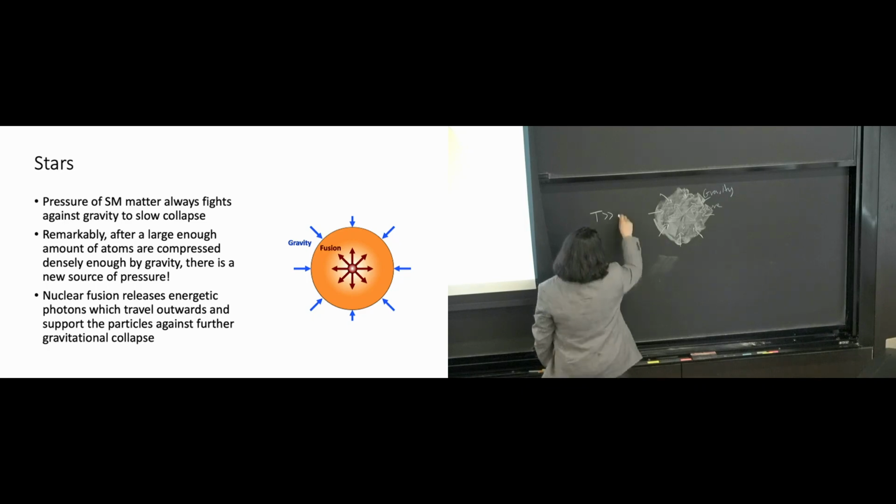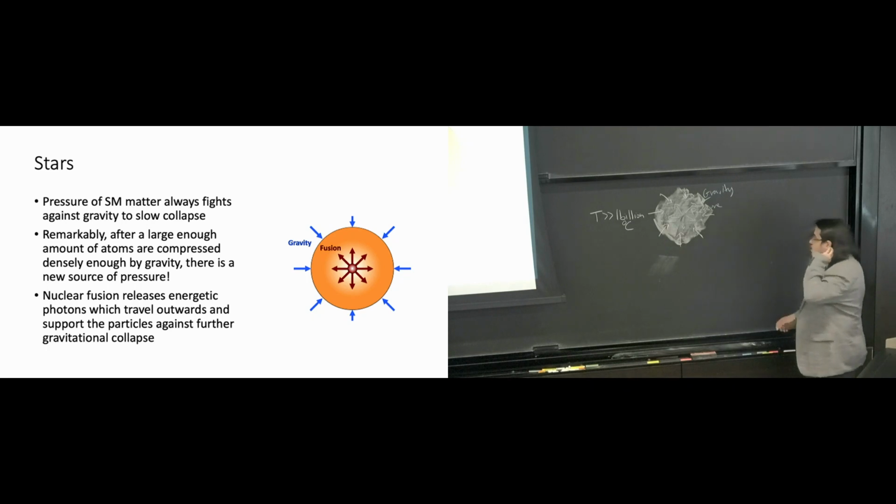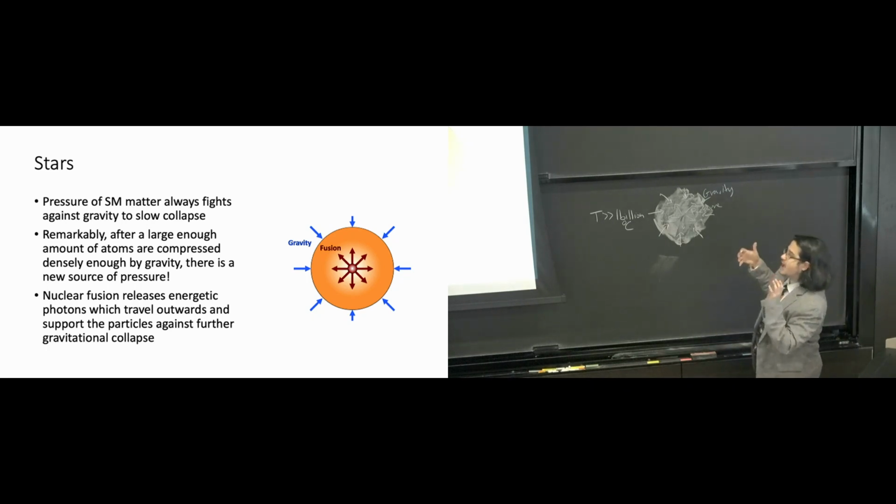The benchmark was something like a billion degrees Celsius. The temperature gets so large that you have a new phenomenon where in the center of these stars, you can have